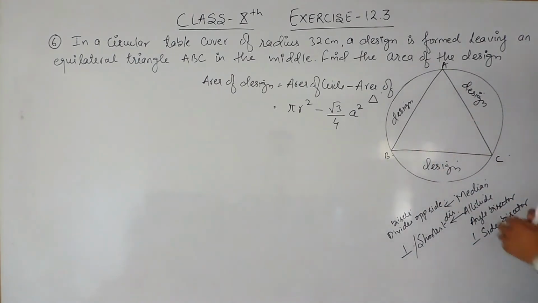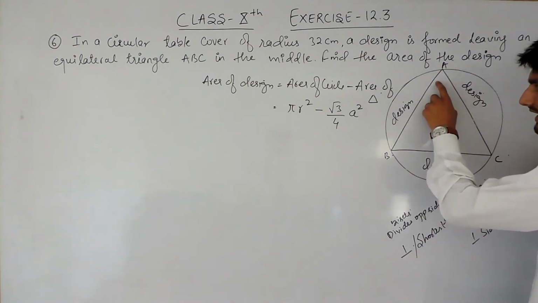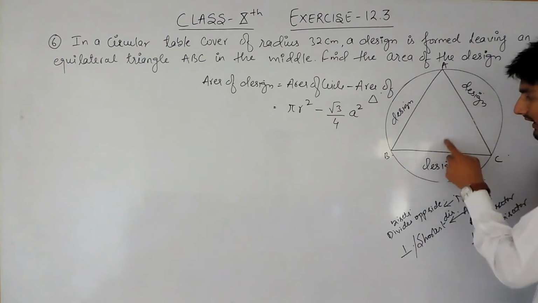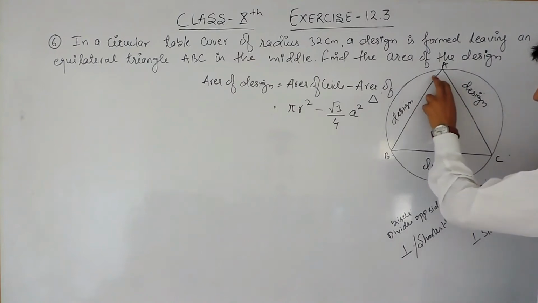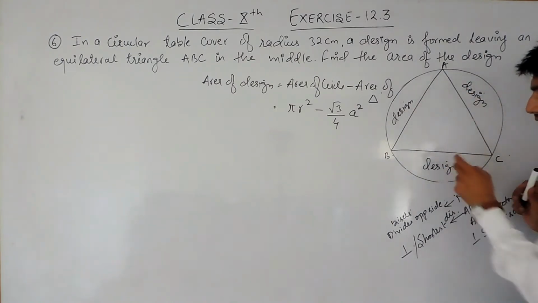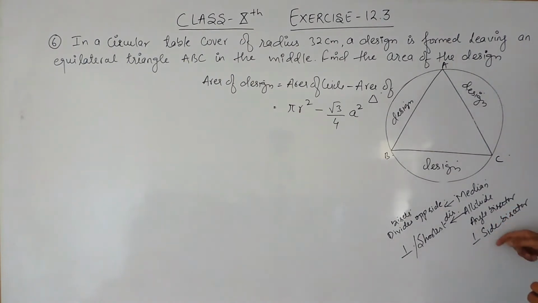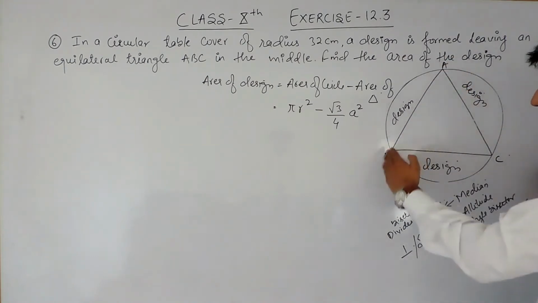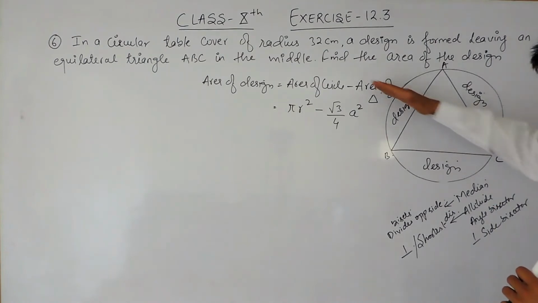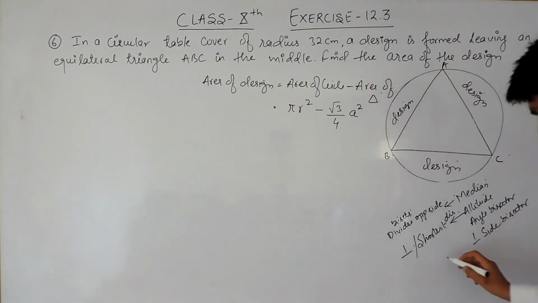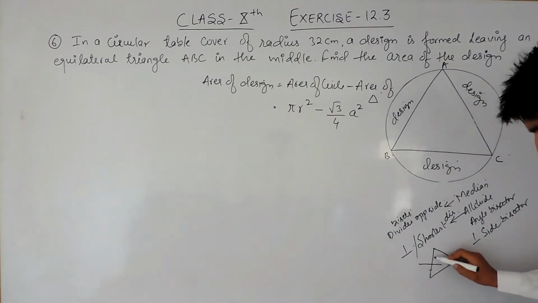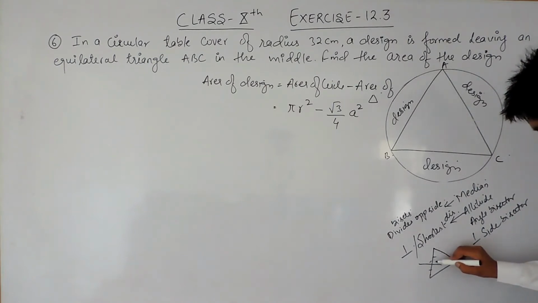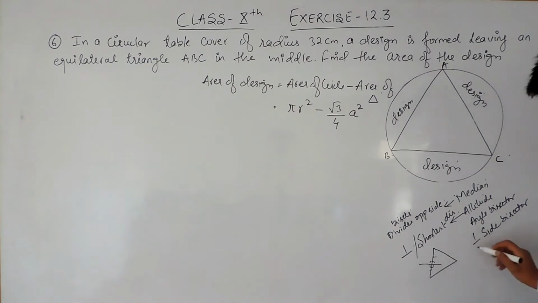Now what is an angle bisector? If this is angle A, and I draw a line which divides this angle into two equal parts, or bisects this angle, then that line is known as the angle bisector. Now what does a perpendicular side bisector mean? This is the side, and if I bisect it, meaning I divide this line into two equal parts, and the bisector is perpendicular to this line,